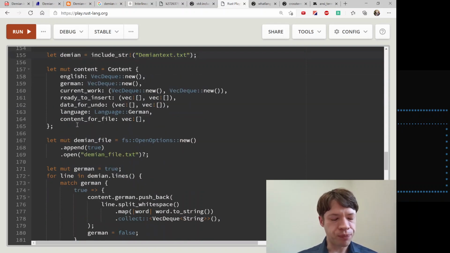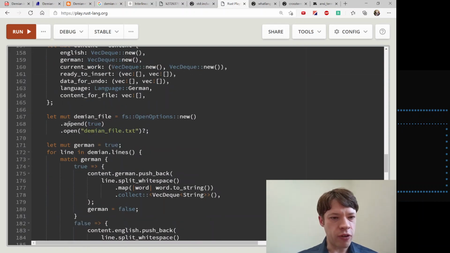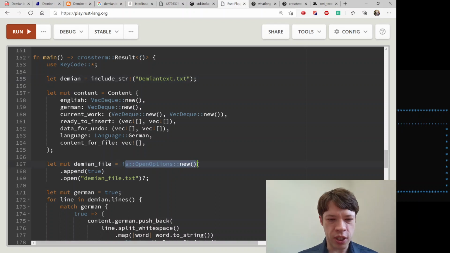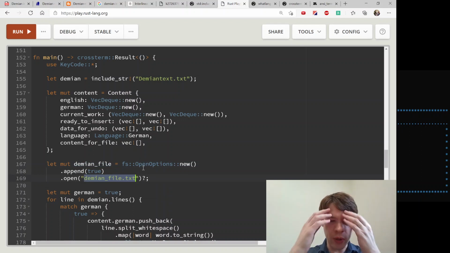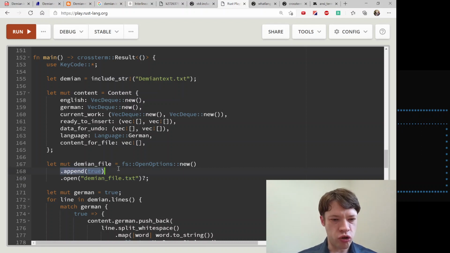And then later on, there's an OpenOptions::new. There's a file which is an output file. And this is the one that gets appended to every time I do some work. So that is why this append(true) is here. And OpenOptions, you remember, is the builder pattern.